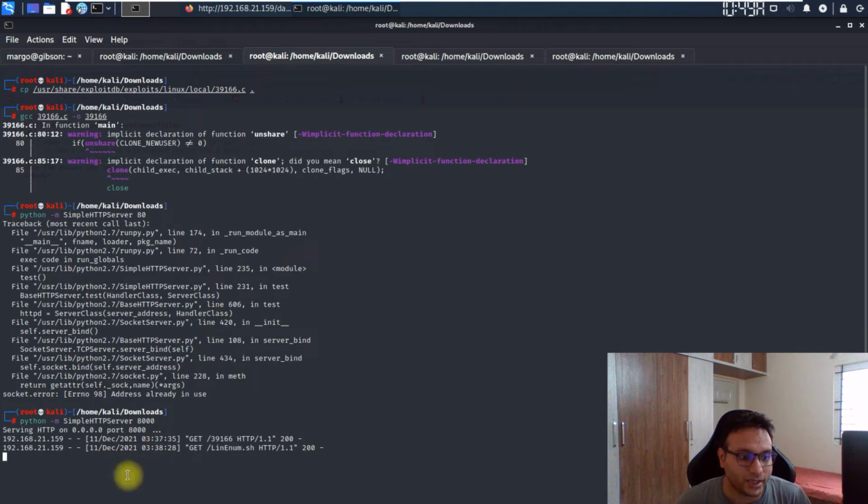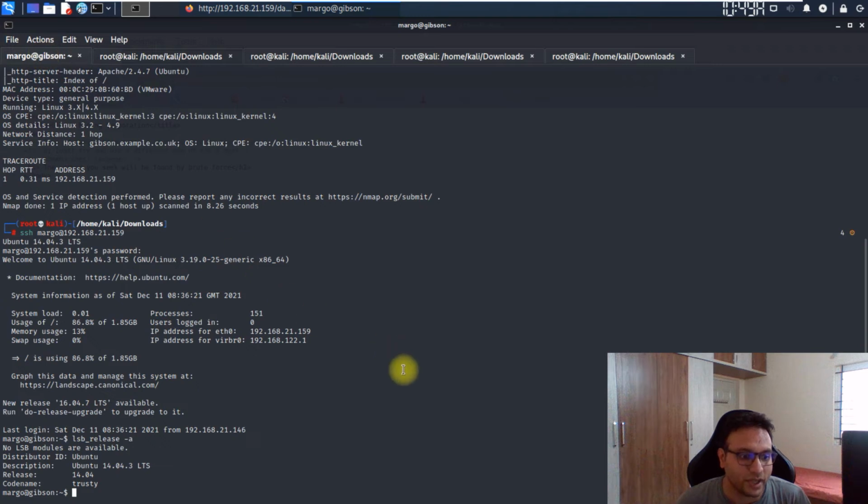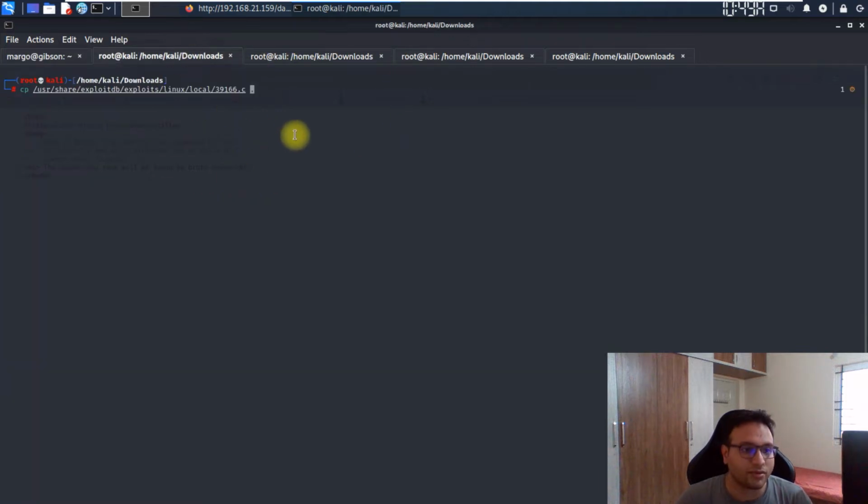Make sure your listener is running. As for me, the listener is already running. Okay, so we simply have to go back to our machine. We'll have to wget that file directly. So instead of running the wget directly, I'm not running that command since I have already copied the file. You have to run it. I already have that file in my download folder.